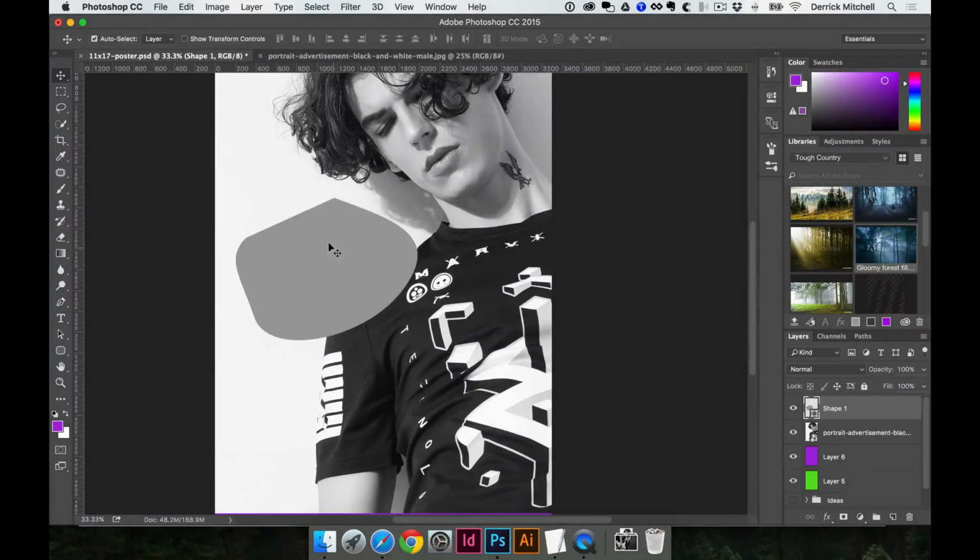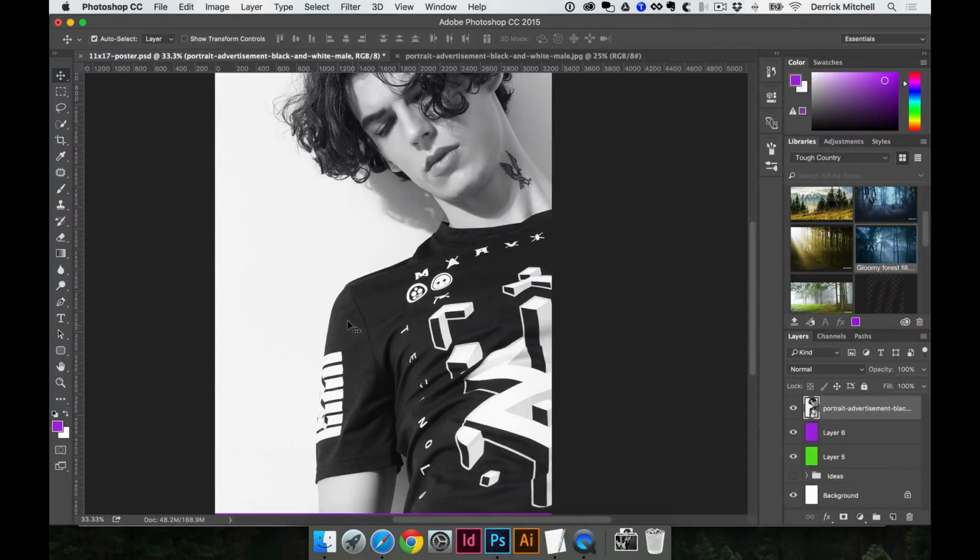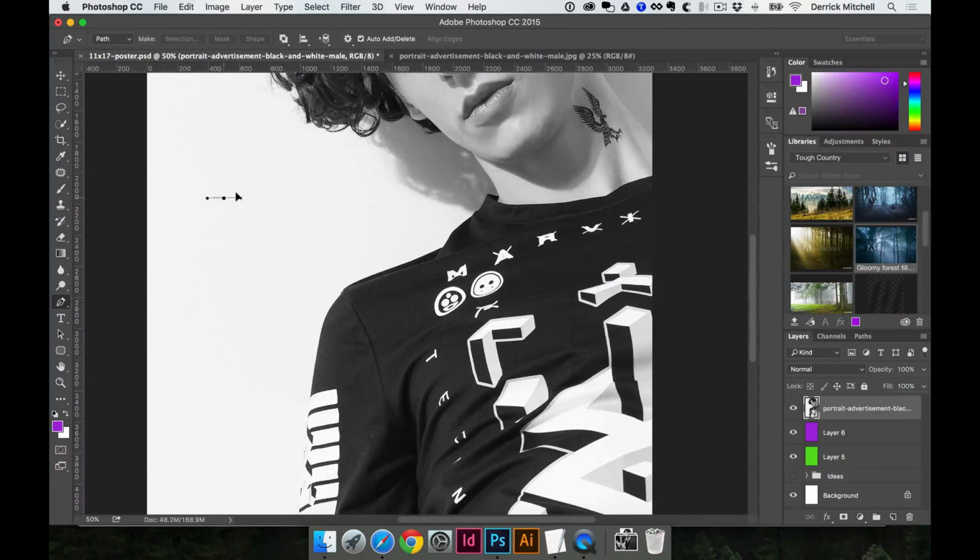So I'm going to delete that. My shape layer is still selected. I'll hit delete and it goes away. I'm going to hit P to get my pen tool, and I'm going to change this from a shape to a path. Okay. With the pen tool, again, it's something you'll need to practice, but you can click and drag